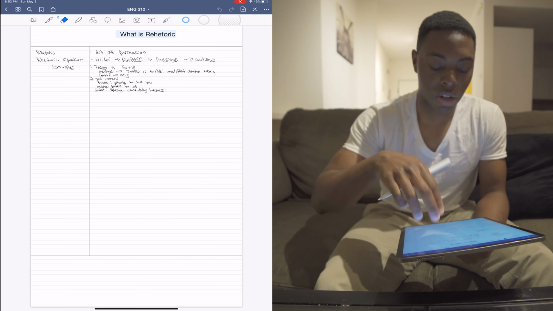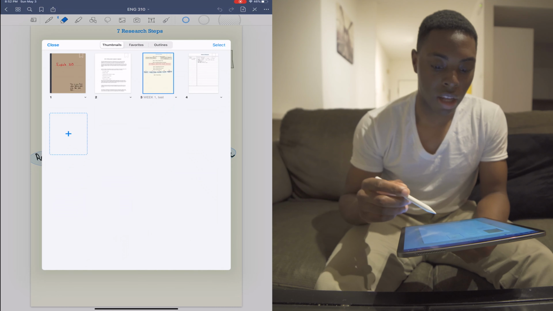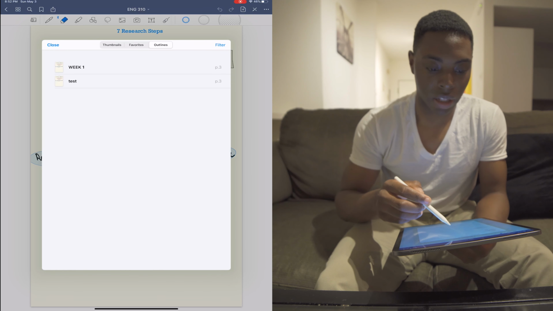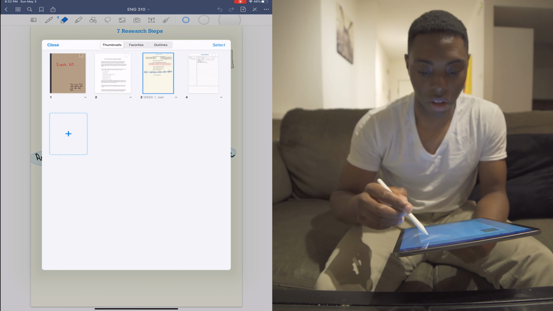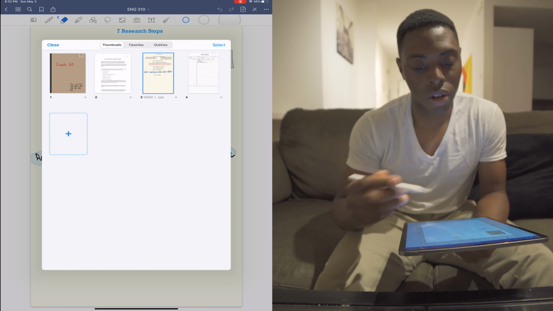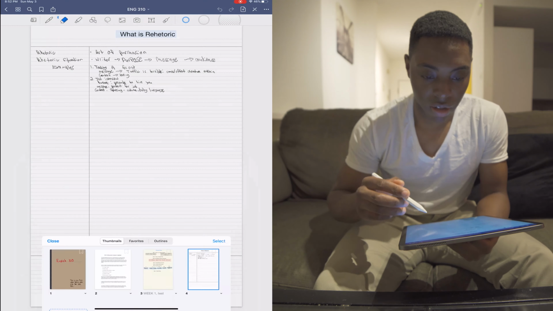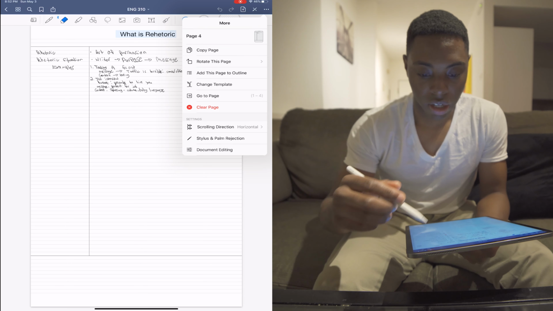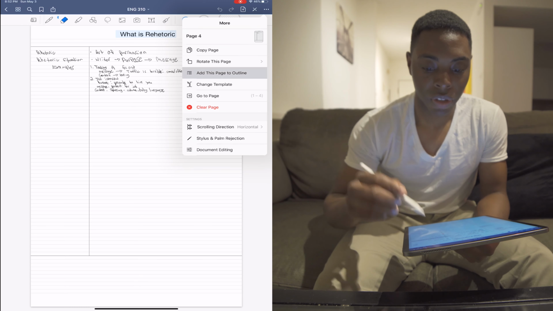Now I do have another page inside of this notebook. So we're gonna hit that right there, hit outlines and test. There it goes right there. But let's say I wanted to add another page that's already in this notebook to that outline as well. So for instance, let's say I want to add this page right here. Now, I click right here and you see this option that says add this page to outline. If you hit it,